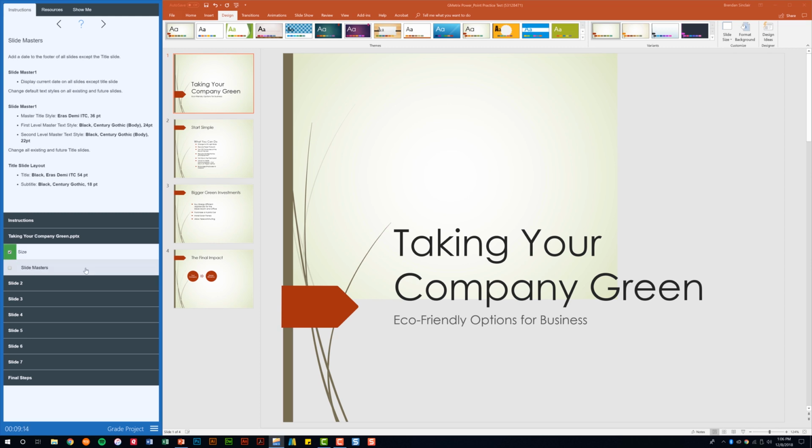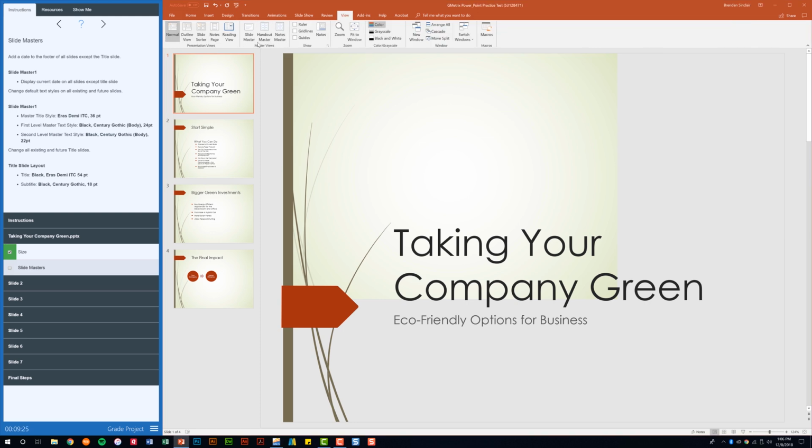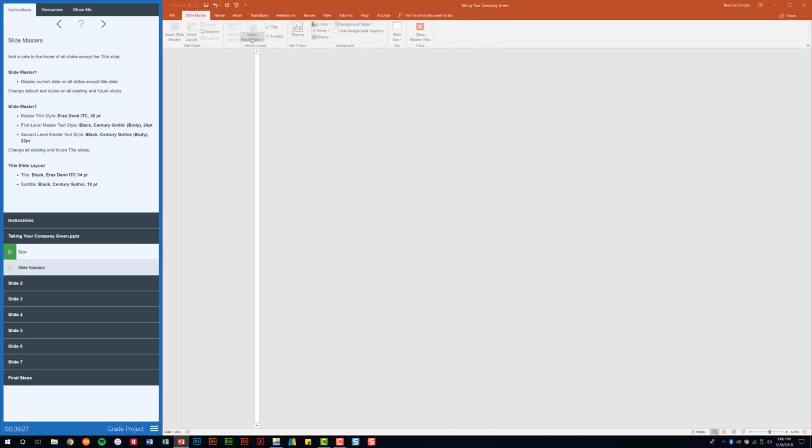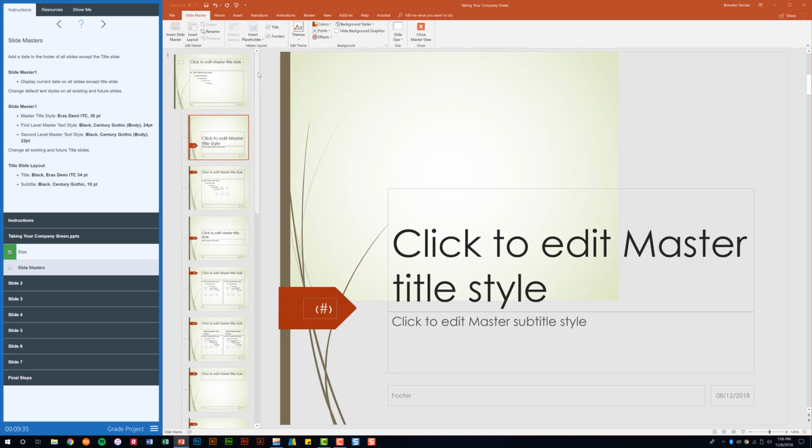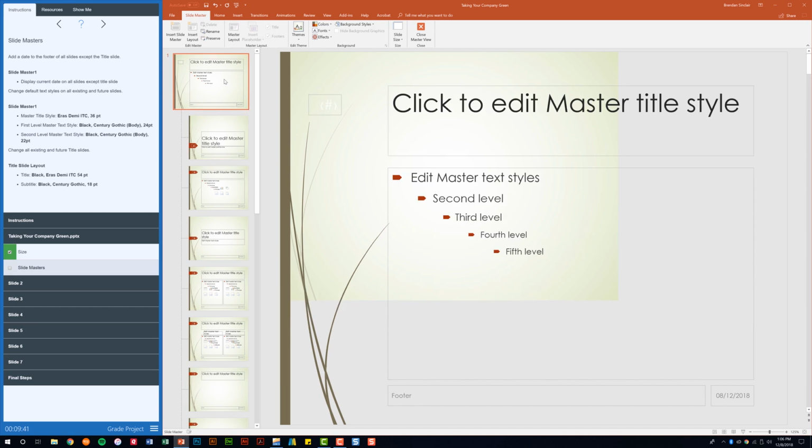This task wants us to go to the master slide view and make some changes. So we're going to go to the View tab here at the top. In our Masters Views group, we're going to select Slide Master. We're going to go ahead and slide to the top of this view because what we want to do is begin here on the Slide Master, the main Slide Master. And it tells us here that it wants us to display the current date on all slides except our title